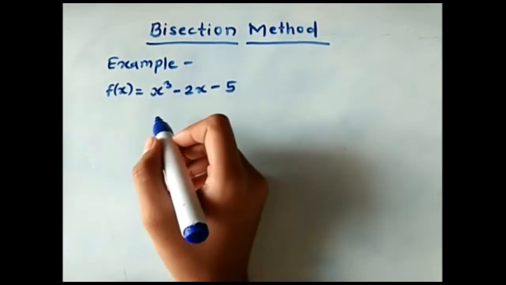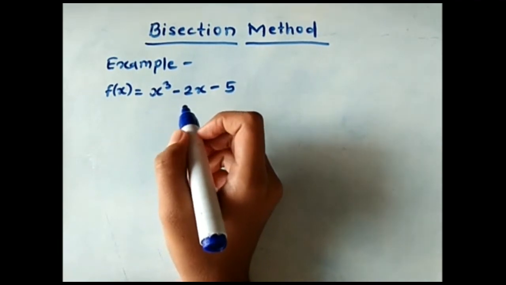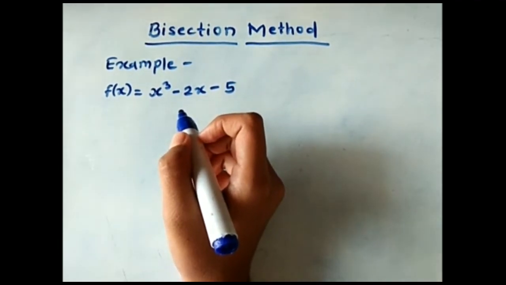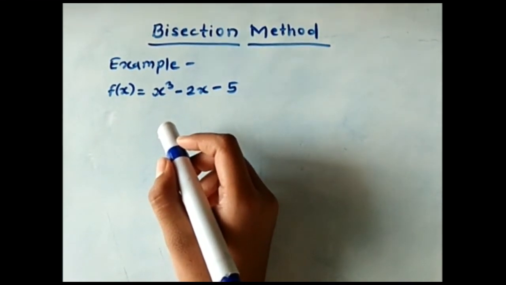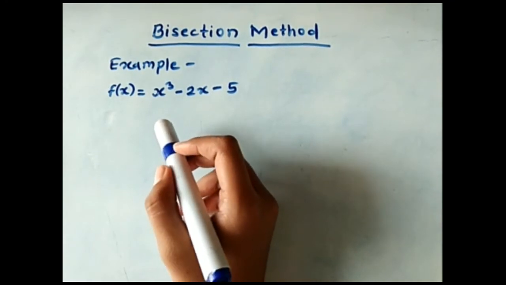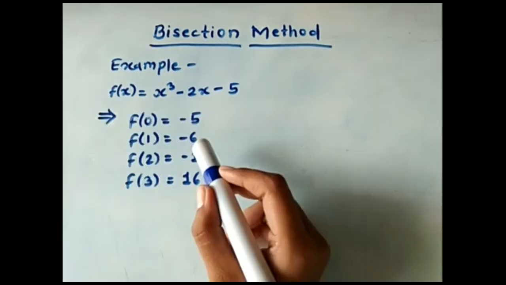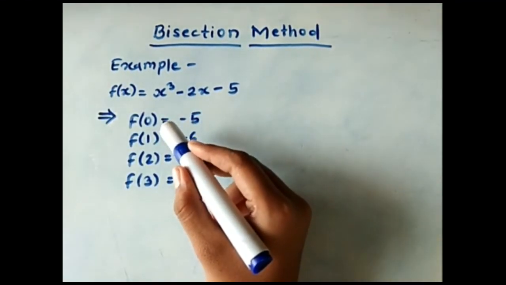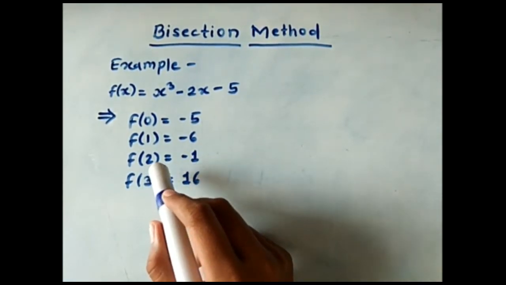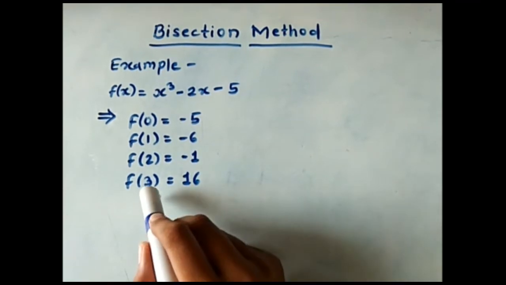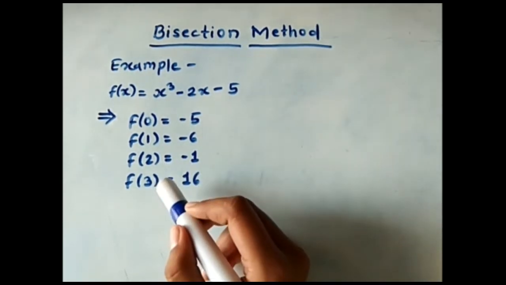In this, first we have to calculate initial guess values, that is the value of a and b, to find the value of c. Now we have to put the values from 0, and this continues until the value of the function is first negative and then positive. By putting the values from 0, we get the first negative value at initial guess value 2 and the second positive value of the function at initial guess value 3. Therefore, our final initial guess values are 2 and 3.